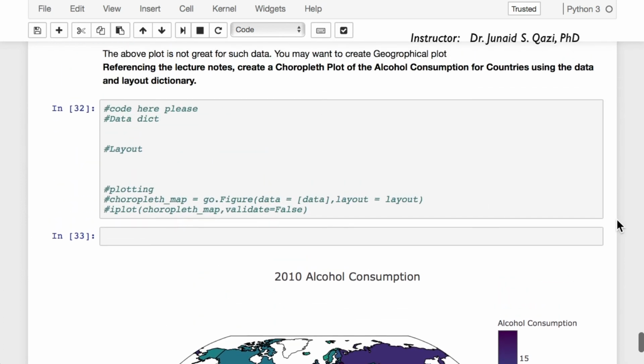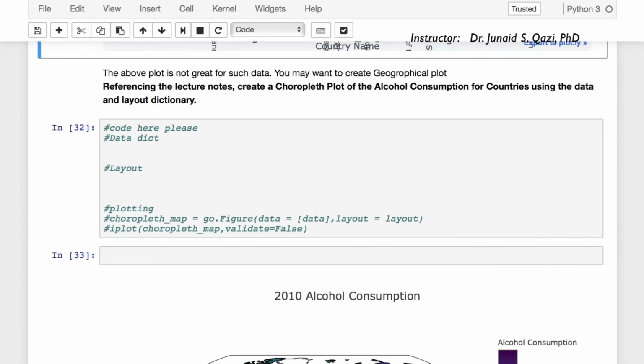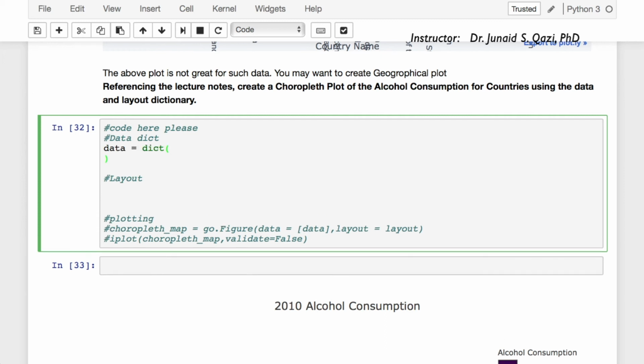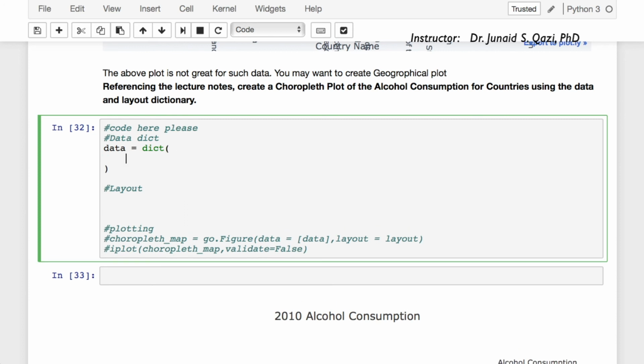So let's move on and write the data dictionary once again. I'm not going to copy this data dictionary once again because I want you to do practice as much as possible. So let's create a data dictionary. Data is going to be dict, a dictionary, and then the first thing I hope you can lead me through, type is